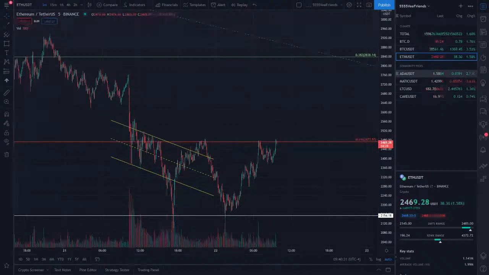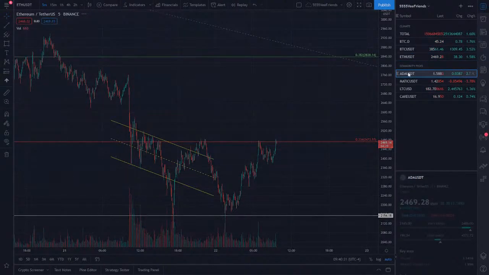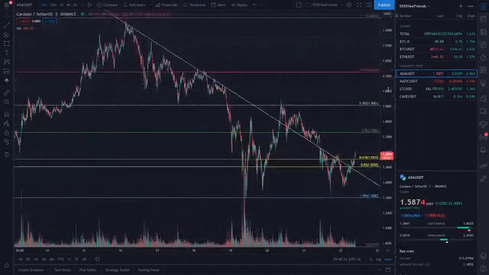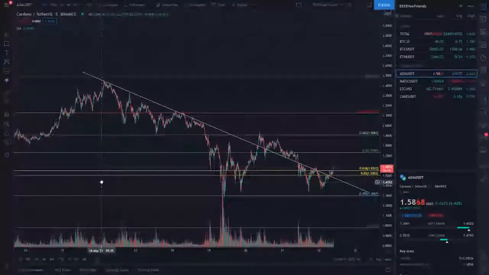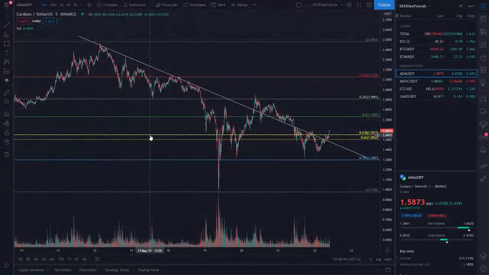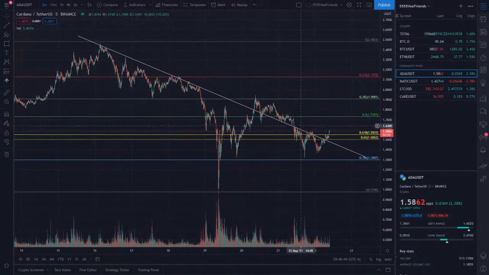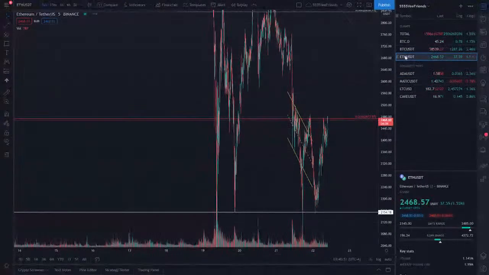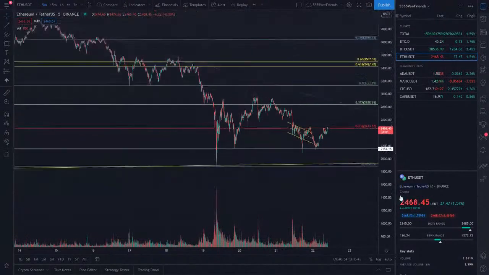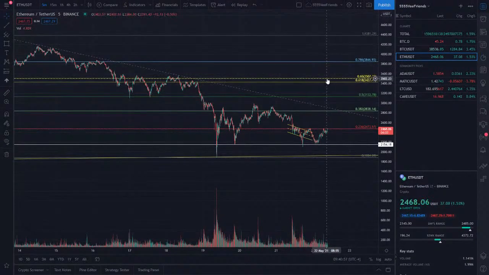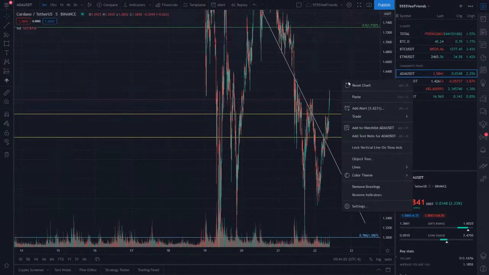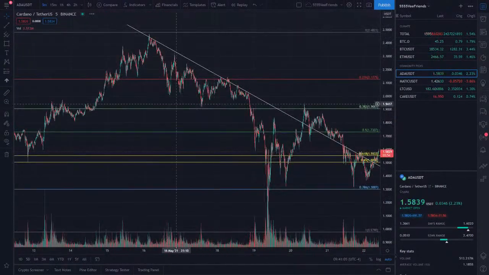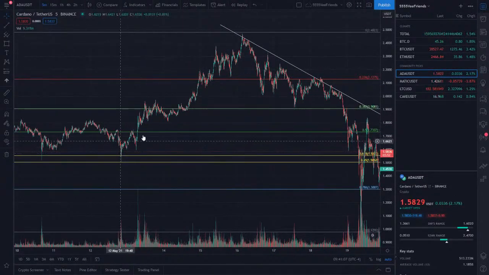The Fibonacci's are done differently on all of these, which I think what we have is, golly, I don't remember if this was on the up or the down. So on this Fibonacci, what we have is the golden pocket is, we're going to call it down. And this Fibonacci, so that's just the difference here. So this is going downward, and this must have been from here to here.